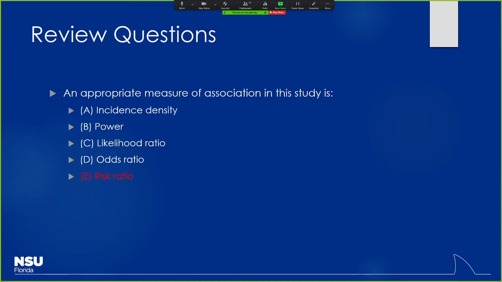And the reason it's able to be calculated is because we know the denominator. We know the number of people that were at risk, and in this case it's 100 people in each group. When you're doing a case control study, you don't know the total number of people who are at risk for the disease state. You just have a number of people with the disease state. You can't do risk ratios. That's why you're stuck with odds ratios. In this case, we can do a risk ratio quite easily to tell us, was there an absolute difference in risk between the two? Was there a relative difference in risk? And we can get that information, right?